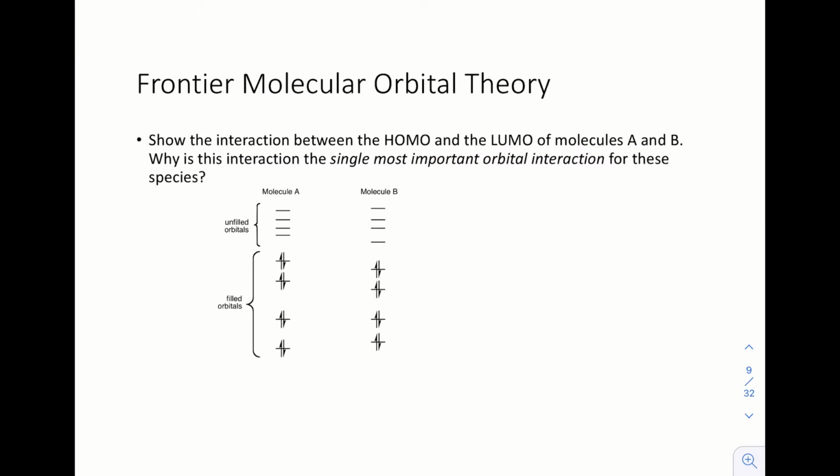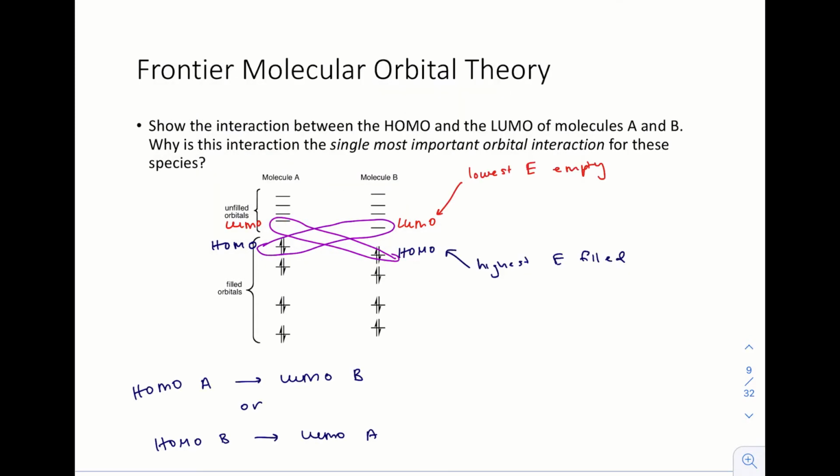There are 2 options. The HOMO, highest energy filled molecular orbital of A, interacts with the LUMO of B. Or the highest energy filled molecular orbital of B interacts with the LUMO of A. These are the only 2 significant interactions between all the orbitals of A and all the orbitals of B. Either A